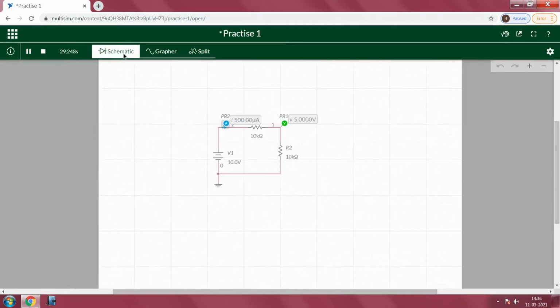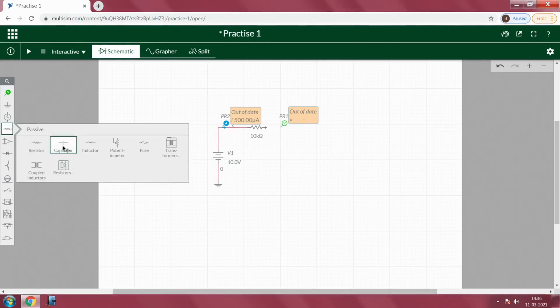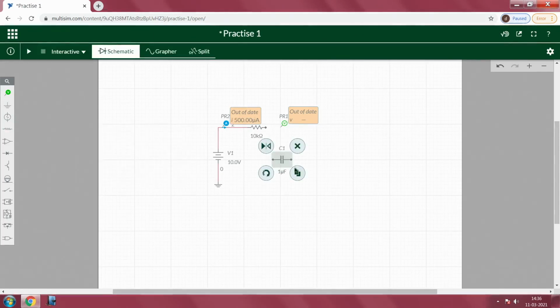Okay. So, now I am planning to realize a simple RC circuit, so that we can use some other mode of understanding for the simulation. So, rather than taking R2 as 10 kilo ohms, I will simply delete R2. I will replace R2 with a capacitor. So, it acts as a simple RC charging circuit, integrating circuit.